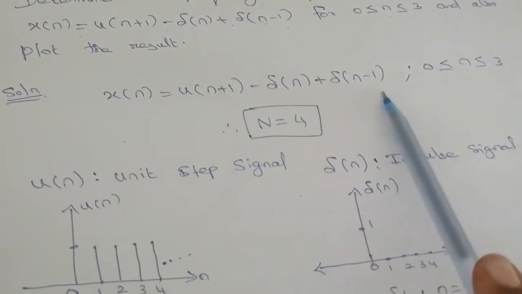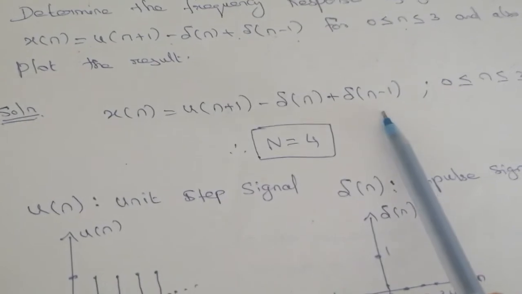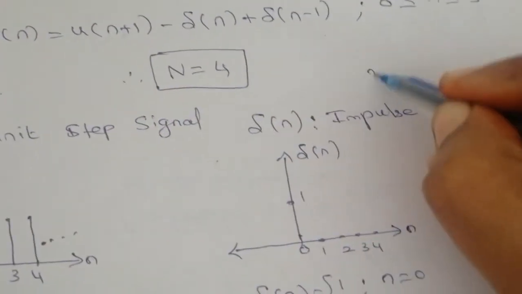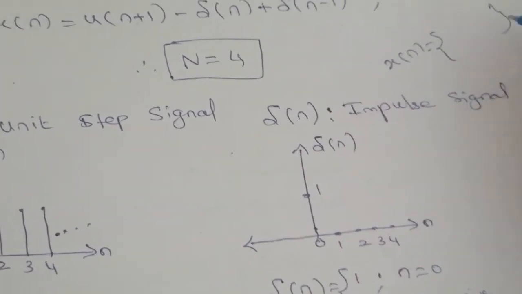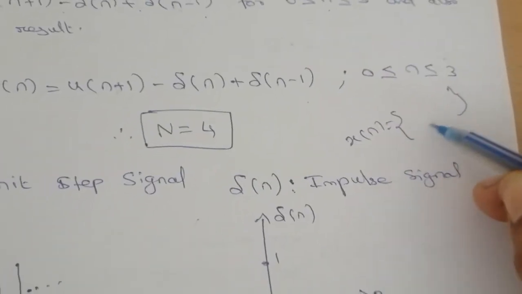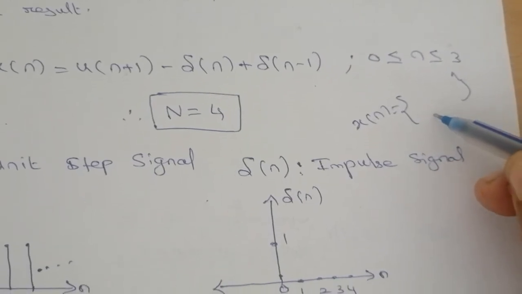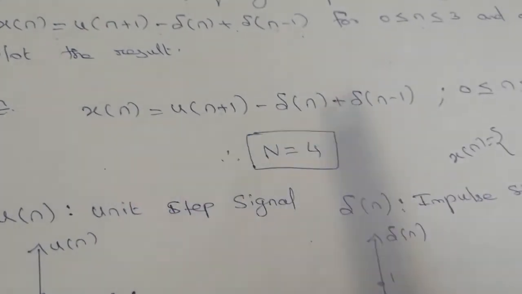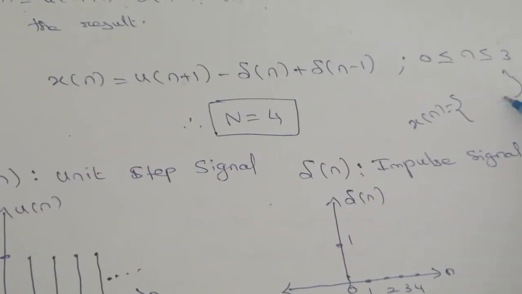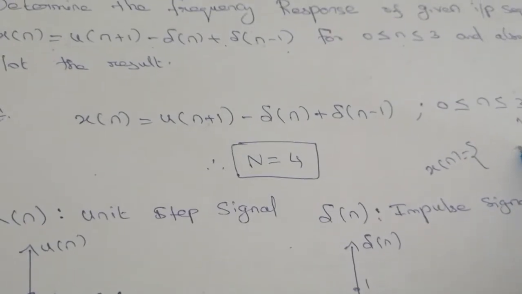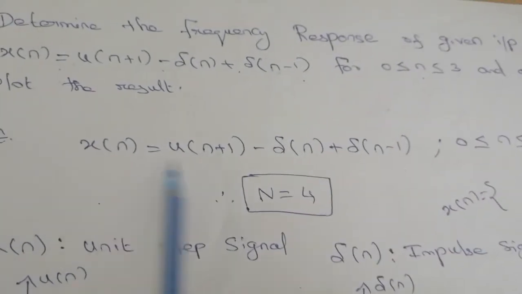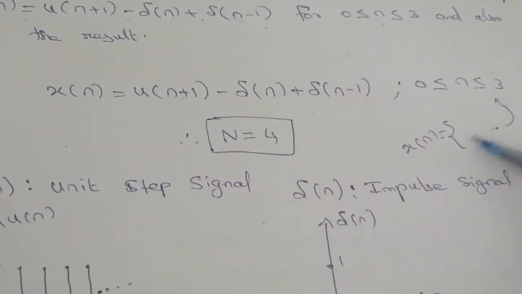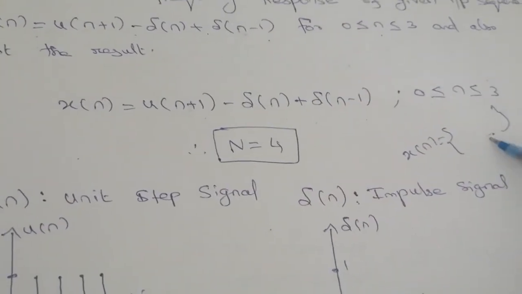So this is the given input sequence. We know that in a DFT problem, if the x of n sequence is given in terms of values, then we can easily solve the DFT with the help of the direct formula or matrix method. But in this question, the input sequence is not given as direct values. It is given in terms of an equation. So first we have to solve that equation and get the input sequence in numerical values.